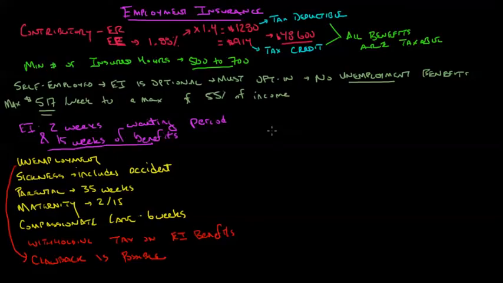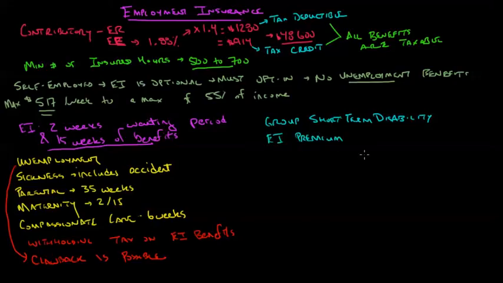One other note about EI, and this is important if you're going through an insurance course, is that if you have some sort of group short-term disability plan or weekly indemnity plan, if it's better or equal to EI, that is 2 weeks of benefits and would replace at least 55% of income, if you have this group short-term disability in place, you qualify for the EI premium reduction program, which actually